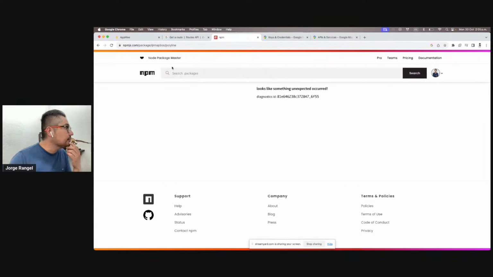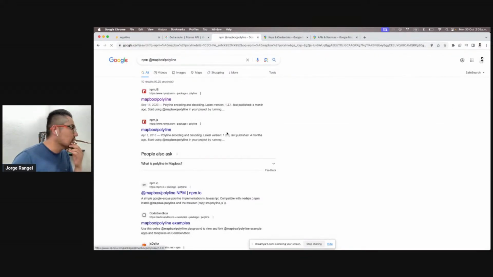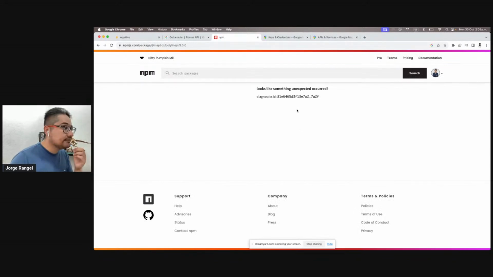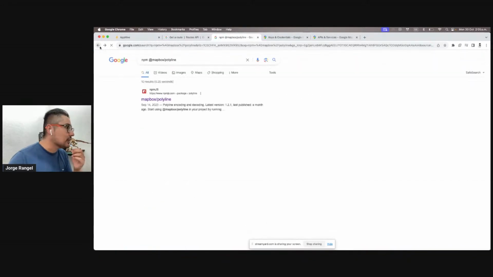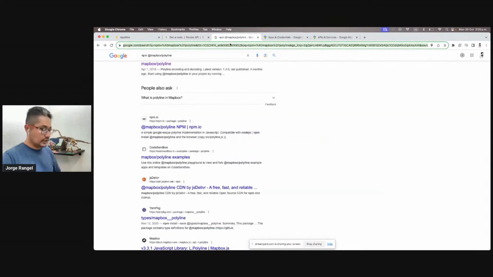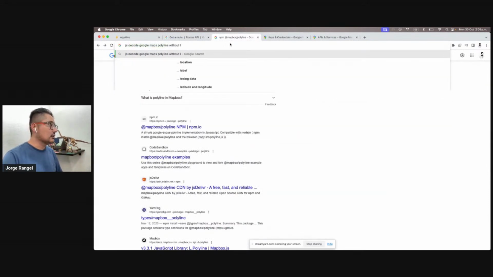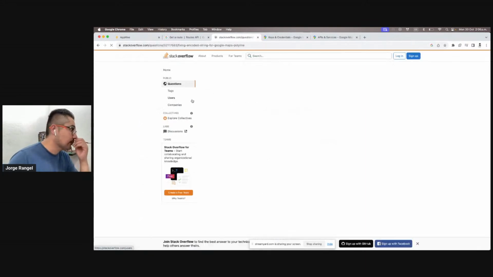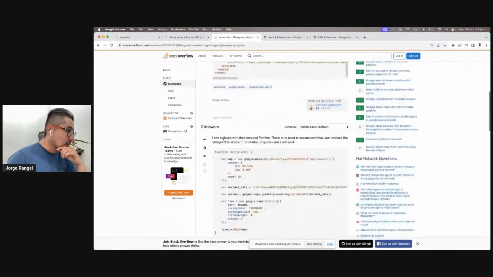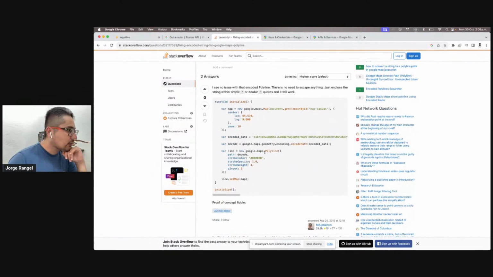Let's go here. Mapbox polyline. There is no library with that name. Okay. JS decode map polyline without library. Okay, map. Again, I don't want to decode the polyline